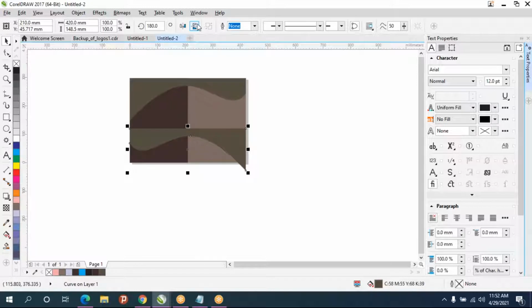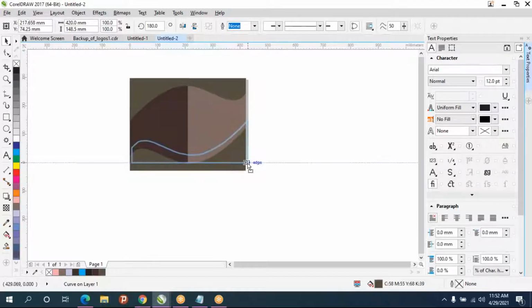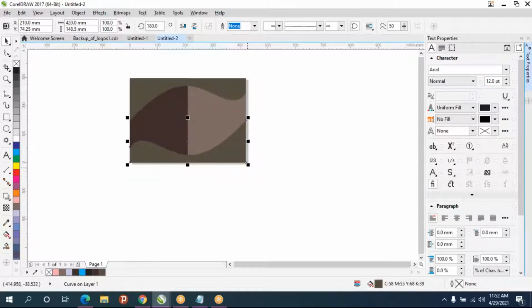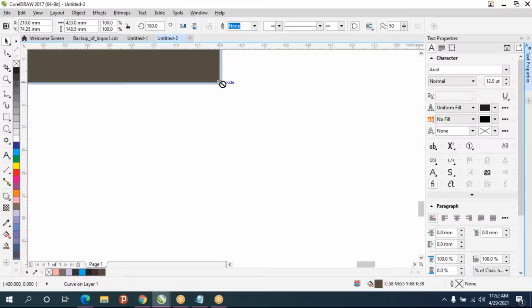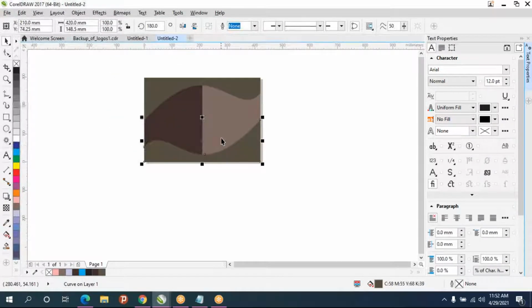Flip horizontal and vertical also. Click on the node point and arrange it to this node point. And always you can adjust the height of that.